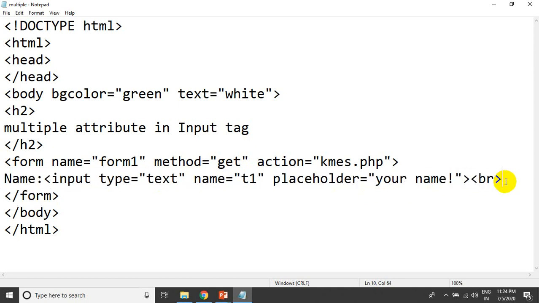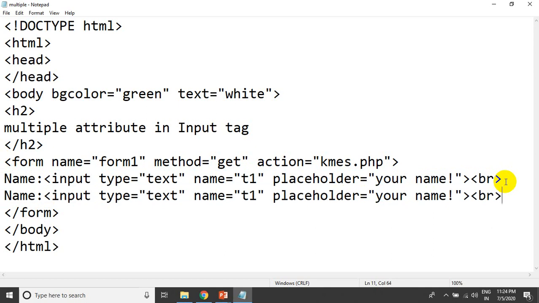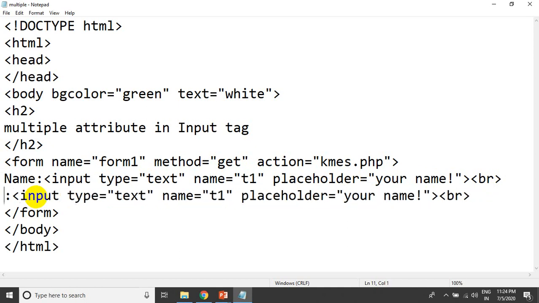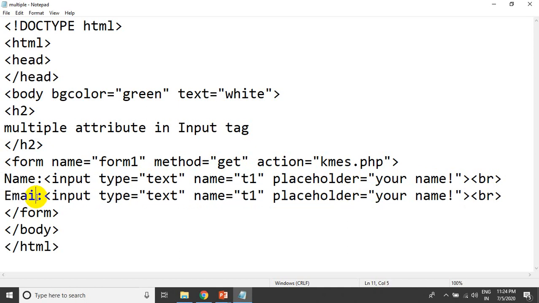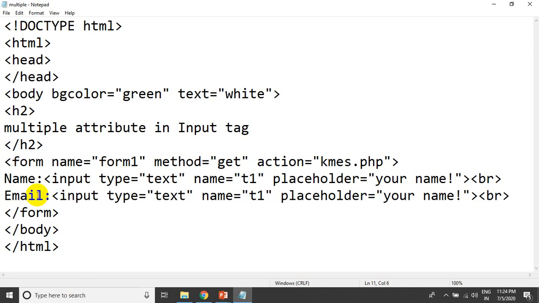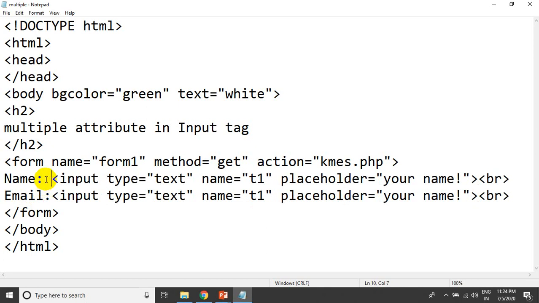Control C, and after that I will paste it. Second, I want to take email, so I will take input type equals email instead of text, and I will change the name to T2, then placeholder your email.